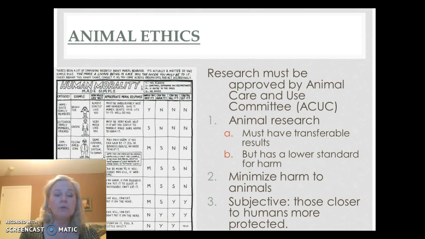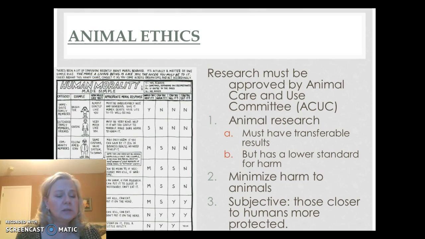For example, primates are highly protected and are not subject to the same kind of harm that a rodent might be subjected to. Other animals that we anthropomorphize, in other words, animals that we give human attributes or qualities to, are more likely to be protected. So in the end, it is subjective. Of course, rodents are the most commonly used animals for research, and primate research will be done for things that are more observational in nature and will not involve harm to the animal.